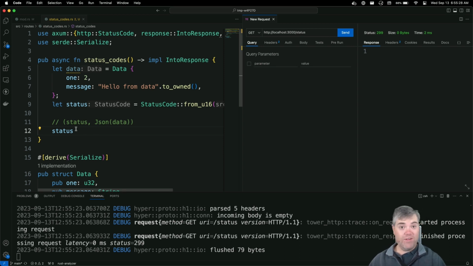So hopefully this is helpful in now allowing you to set and use whichever status codes you want, even custom ones. I do recommend that you stay within the 200, 400, or 500 range. It is technically legal for you to use the ones outside of those all the way up until 999. But I really think staying within those 2, 4, and 5 are the best bet for making your API understandable by everybody else.